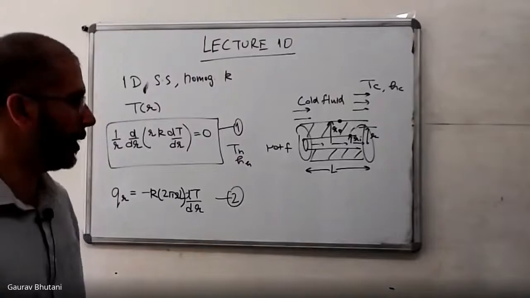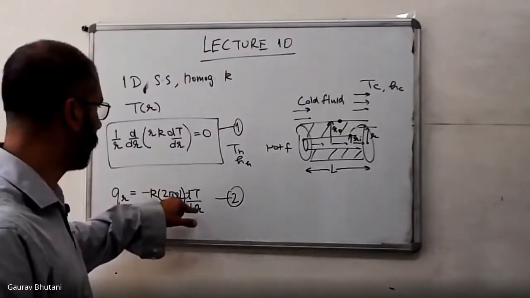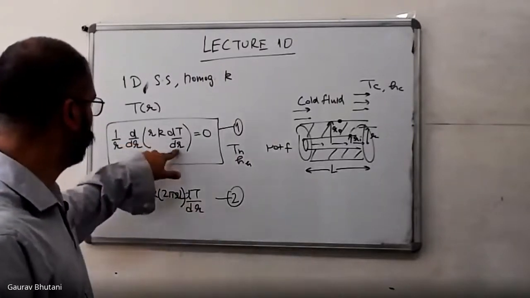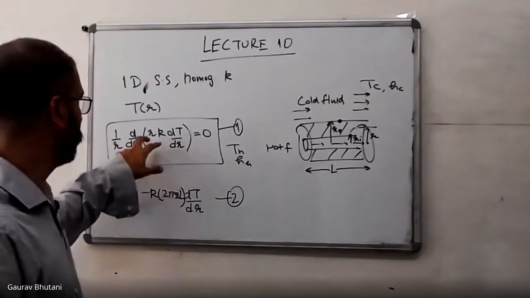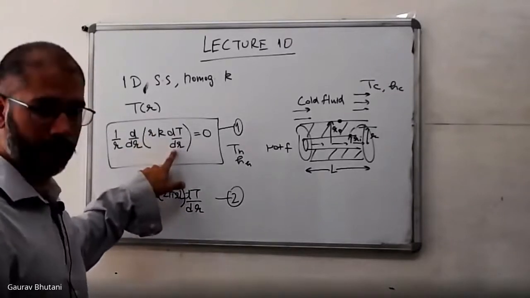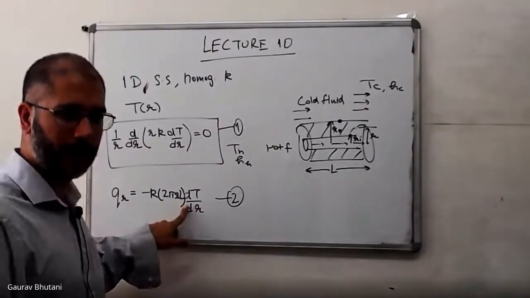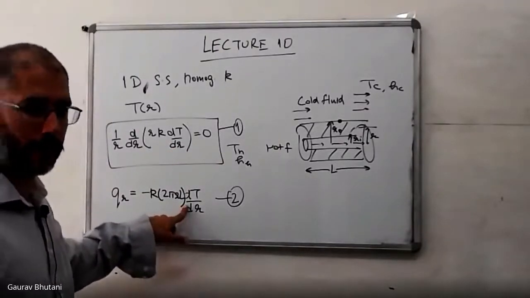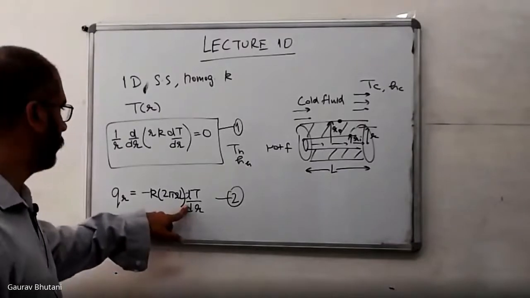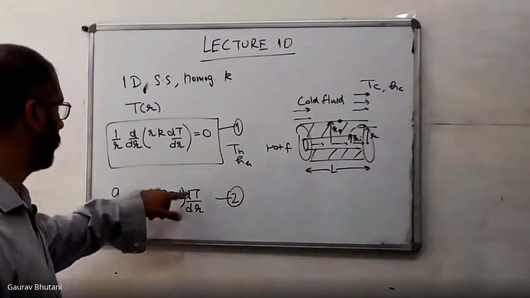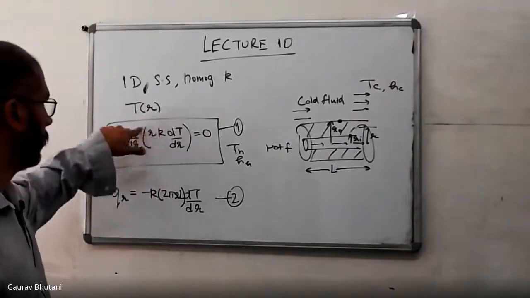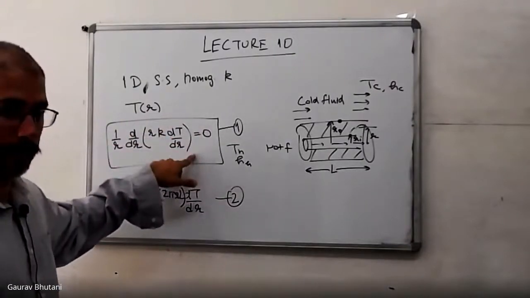But in this case, since we have this r getting multiplied, be careful, the equation was different. That's the reason we have r times dT by dr as a constant, and hence this becomes constant. We have taken k as constant, as homogeneous, but even if k was not homogeneous, even then we would see that this quantity, including k, will be constant.